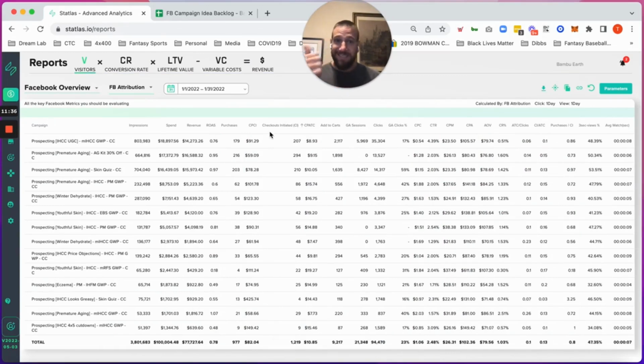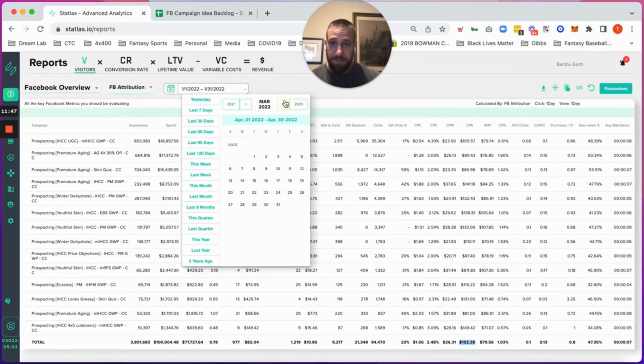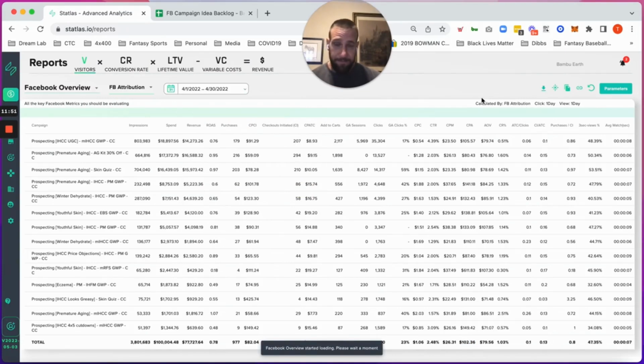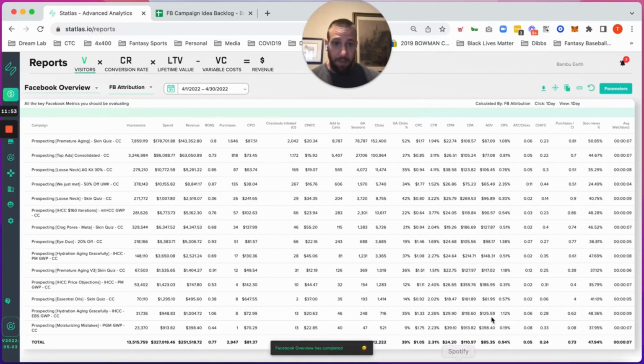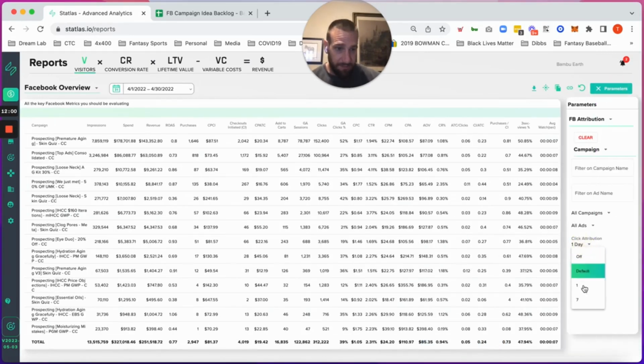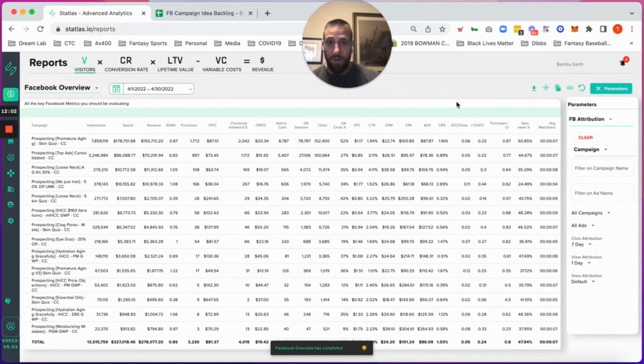So we've 3.7x'd from January to April using this exact strategy. And you can see the ROAS is basically exactly the same. CPA was $102 in January. CPA in April was $110 against a little bit higher AOV. So really close. Oh, that's 1-day click too. Let's go to 7-day click. Boom. Yep, 101 CPA. So by just stacking as many opportunities as you can, what's going to happen is you'll see